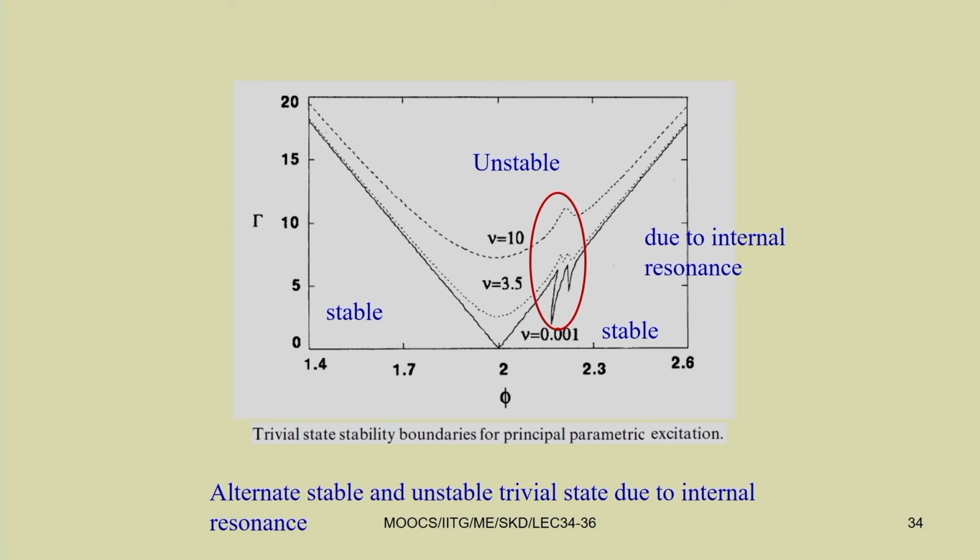In the previous class, we used Floquet theory to plot this transition curve. We have also used the method of multiple scales to find this. Here, to plot this, we can take the Jacobian matrix, put P1, Q1 and P2, Q2 equal to 0 for the trivial state,